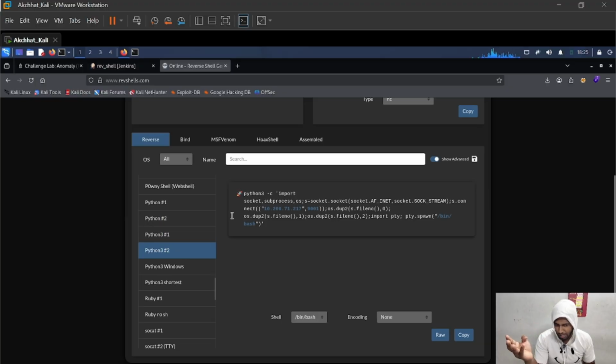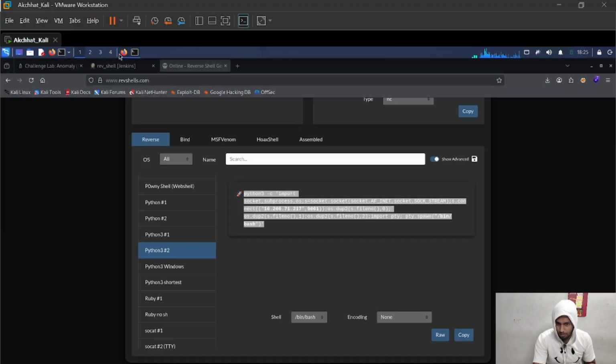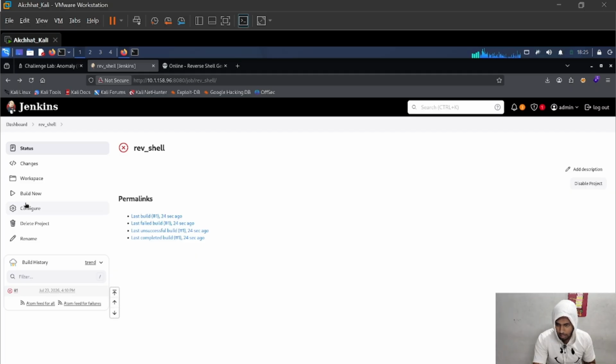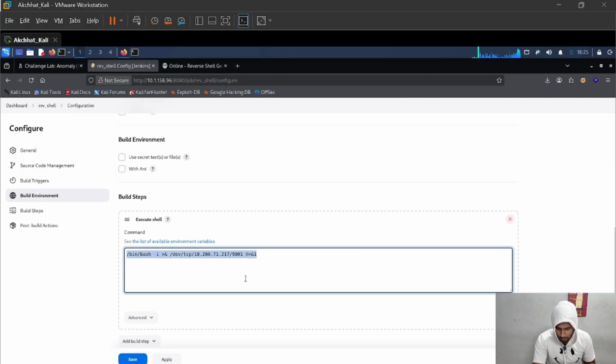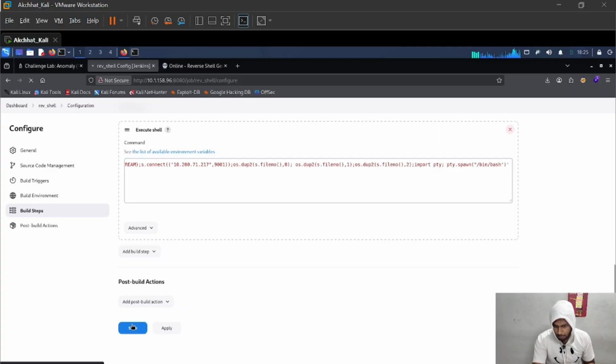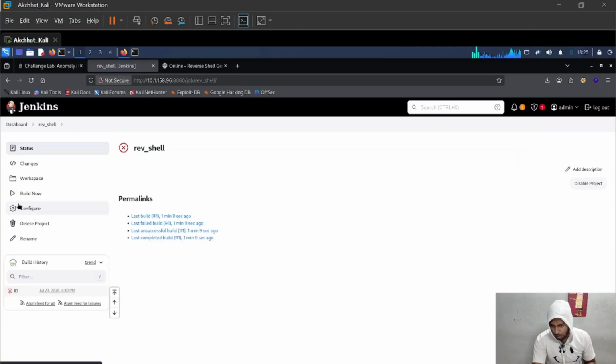I am also trying this out. Let's try with this. You go here and we configure the build again, and then we paste it right here, save it up